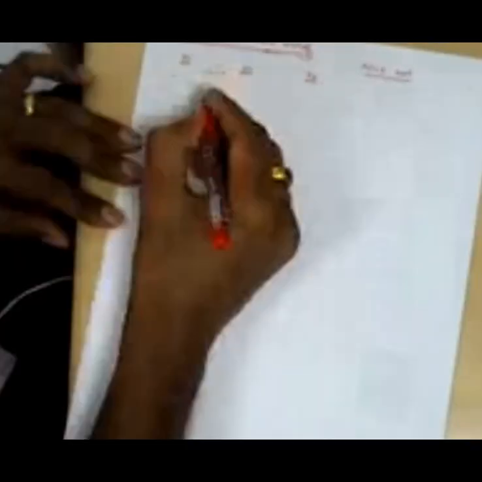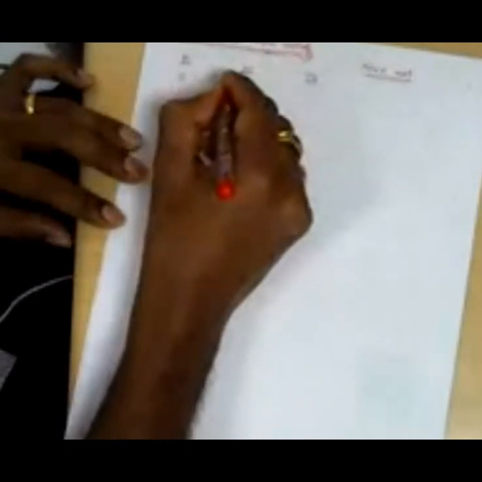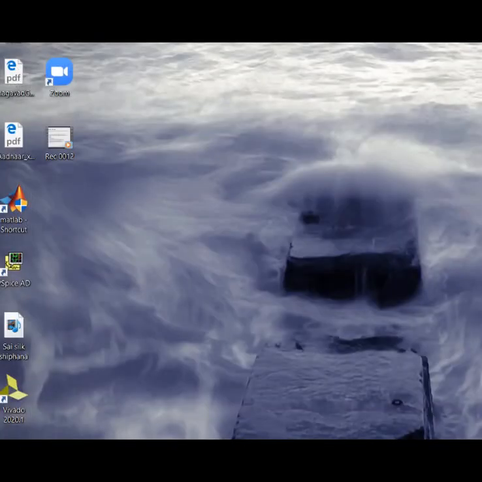A, B, C, D, E, F, G. Next state and output for x equal to 0 and x equal to 1.